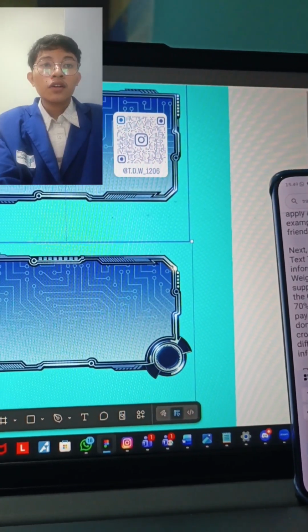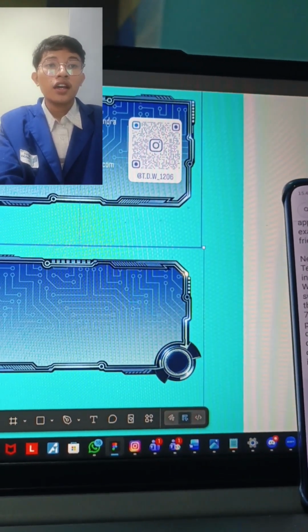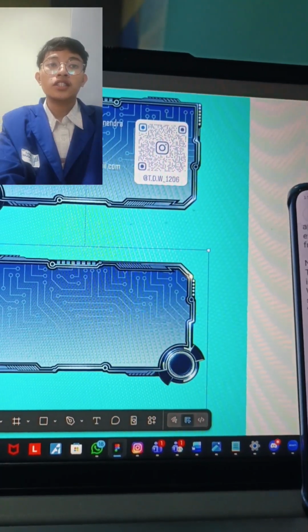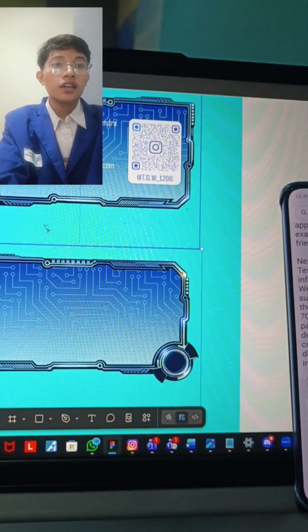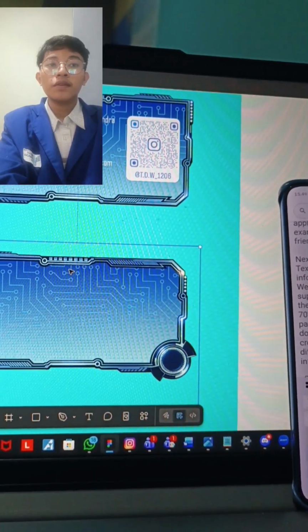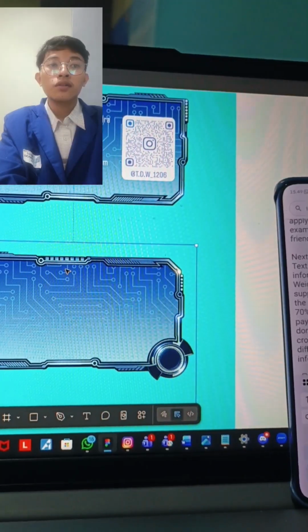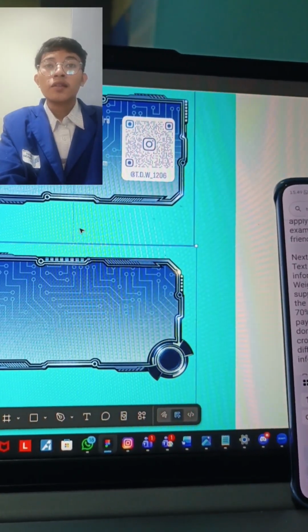I also pay close attention to line height. I don't want the text to appear too crowded, as that would make it difficult for users to read the information about me on the ID card.